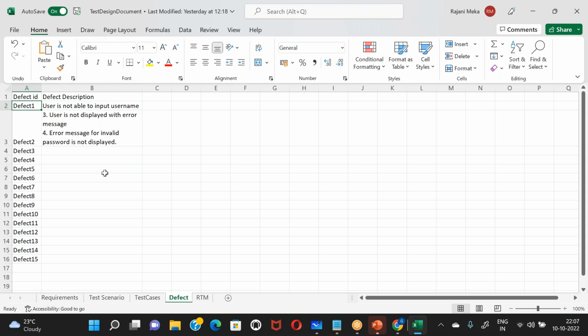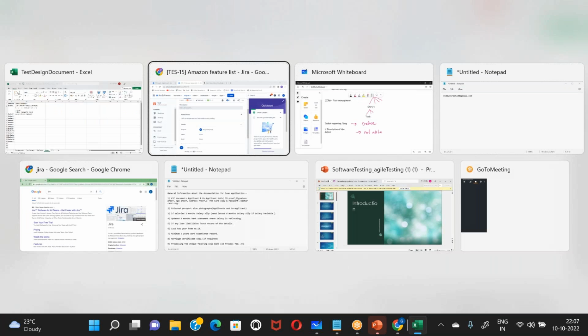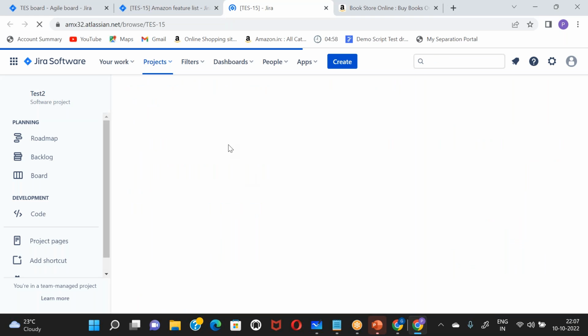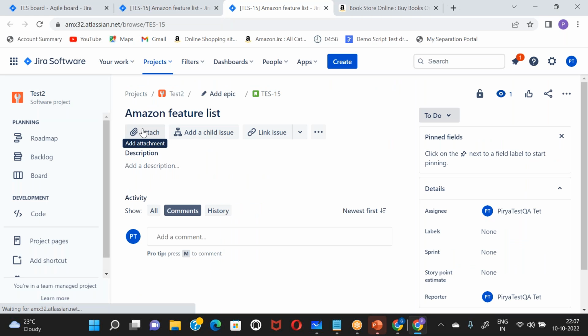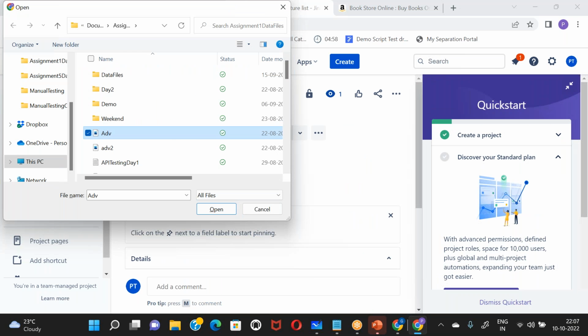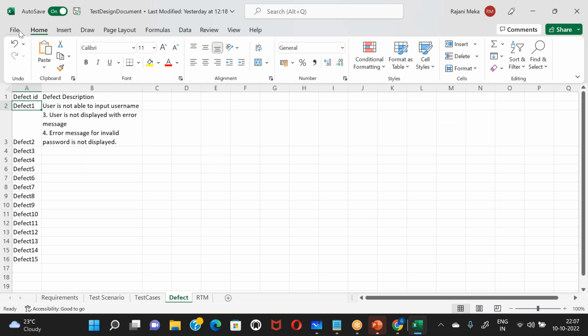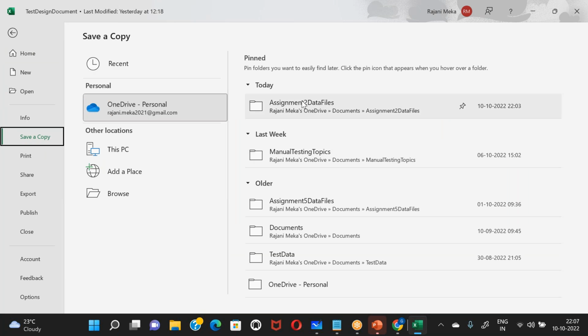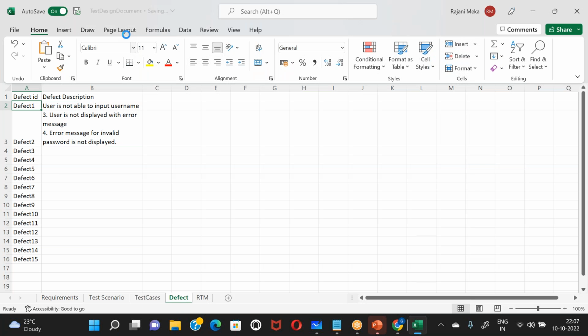Actually, this Excel sheet was used way before. Previously people used to use it. Nowadays, everything is done in Jira. Now the requirements are available in the form of stories, and you will just attach your test cases in the story only. Okay, so suppose this is the sheet. Save a copy. I'll save it. Okay, so in this assignment 2